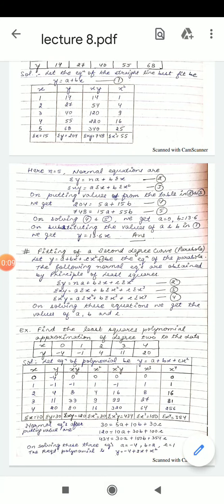We can either solve by the methods which we have already studied to solve a system of linear equations, or we can take two equations at a time and solve them. We can eliminate any one of the variables, and in the other part we can take the next two equations and solve them to eliminate the same variable. Hence we will obtain two equations in two variables, and we can solve those equations simultaneously to get the values.